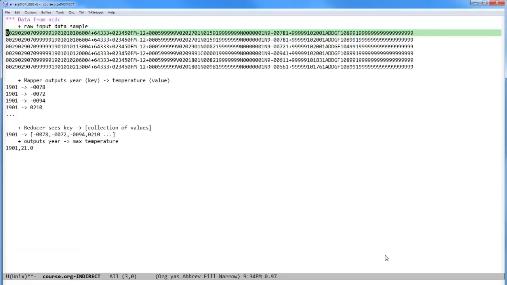So there's weather data from the NCDC, gathered from 1900 to current time from various weather stations, and each weather station produces several readings per day or several readings per hour, whatever the frequency is, and each reading is time-stamped. The weather station that it came from is indicated, and the measurements that it took of air temperature, snow depth,